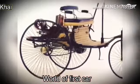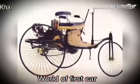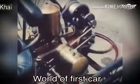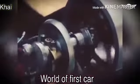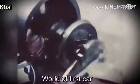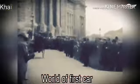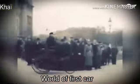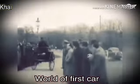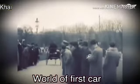Unlike Daimler, who integrated his engine into a carriage, Karl Benz was aiming for the development of an entire vehicle. In 1886, he was able to present his first Benz patent motor car to the public, a three-wheeled vehicle powered by a four-stroke gasoline engine. From 1885 to 87, 3 models with slight variations were produced. With the so-called Model 3,